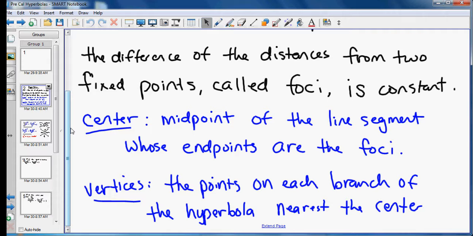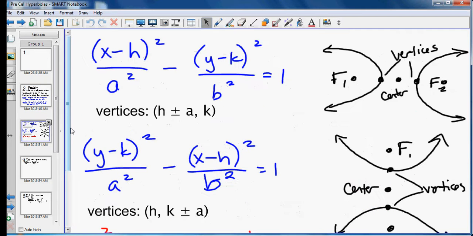And the vertices are the point on each branch of the hyperbola that are nearest the center. So if you look at these pictures over on the right hand side, you can see the vertices are similar to the vertex of a parabola. Now, these aren't parabola in one sense, because if you look at the ones on the